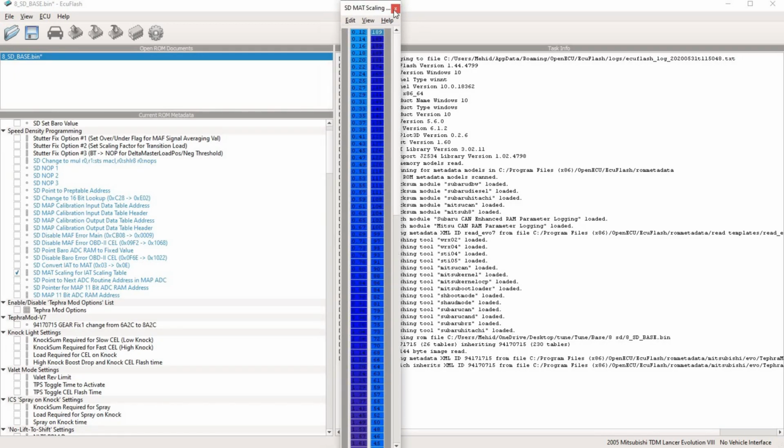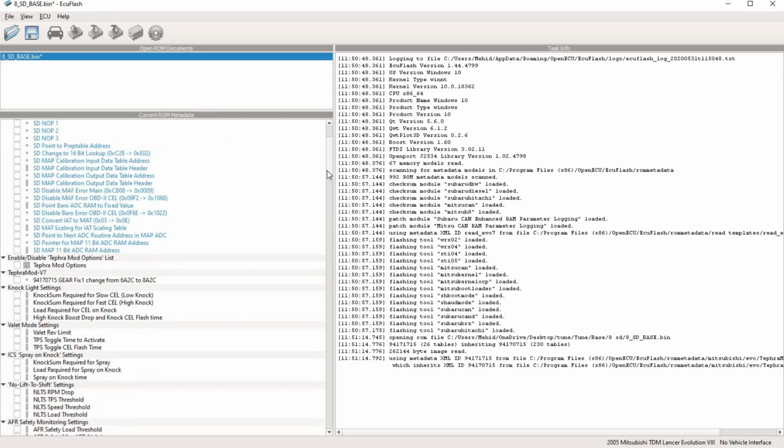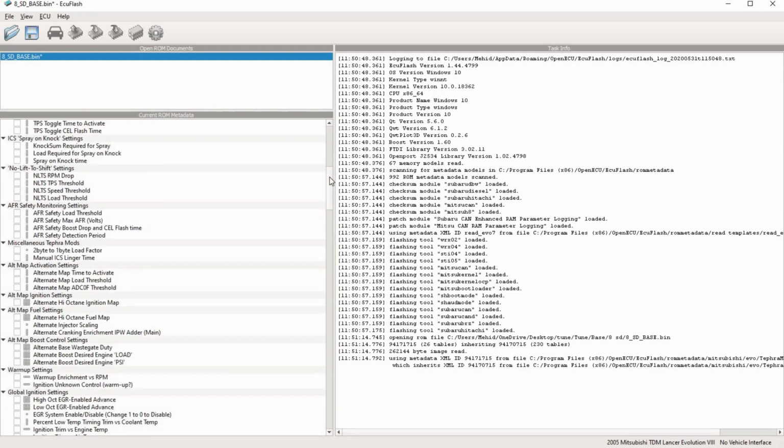And that's basically it. You do have to turn on that you want to use the IAT and not the fuel. If you set it to 03, it's going to use the IAT connected at the MAF, and if you put OE, it's going to use your fuel temperature sensor as your manifold absolute temperature to calculate for SD. And then